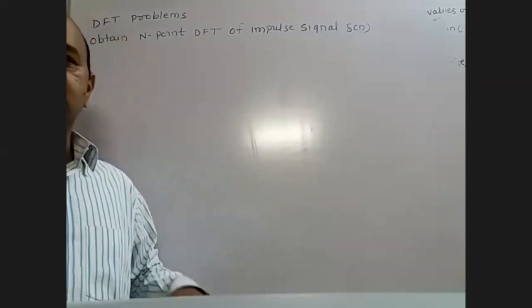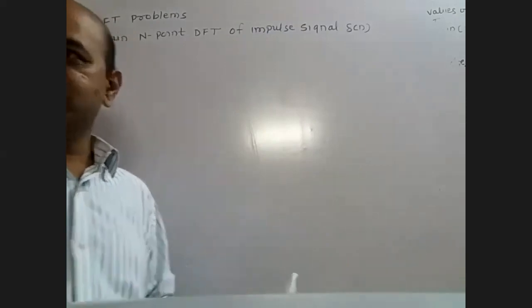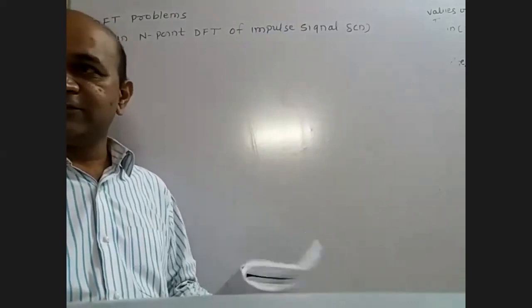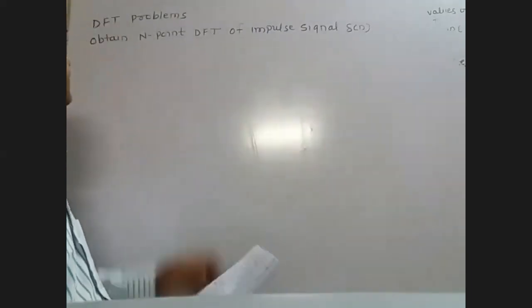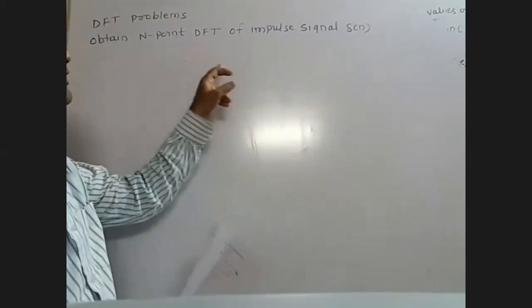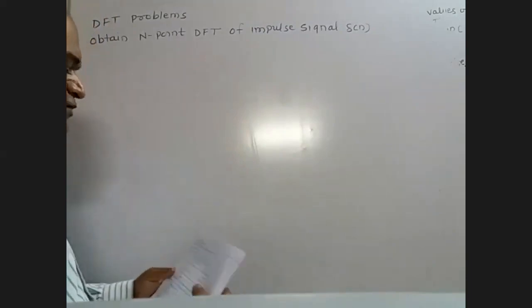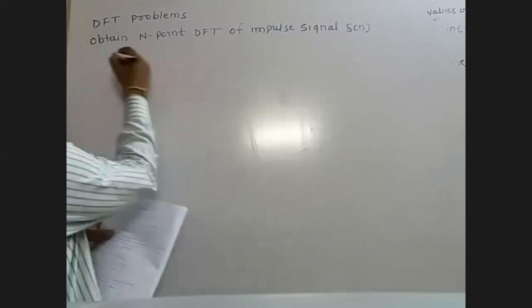Today we go for DFT problems. Now the DFT problems that we have to understand. Here the first problem is: obtain the n-point DFT of the impulse signal del of n. Now, how can you solve this problem? For this, we consider